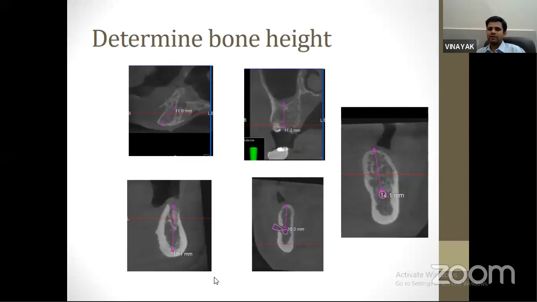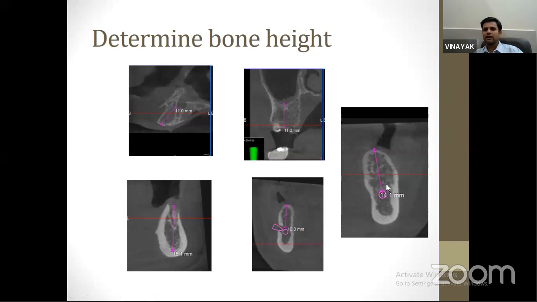Now height is measured from the crest of the ridge or subcrestal, right? If it is not flat, then we have to go subcrestal till the nearest anatomic landmark. So in the maxillary anterior region, the landmark is either the nasal floor or your nasopalatine canal. In the maxillary posterior region, till the floor of the sinus. In the mandibular anterior region, to the inferior border of the mandible. In the premolar region, till the mental foramen, and in the molar region we measure from the crest till